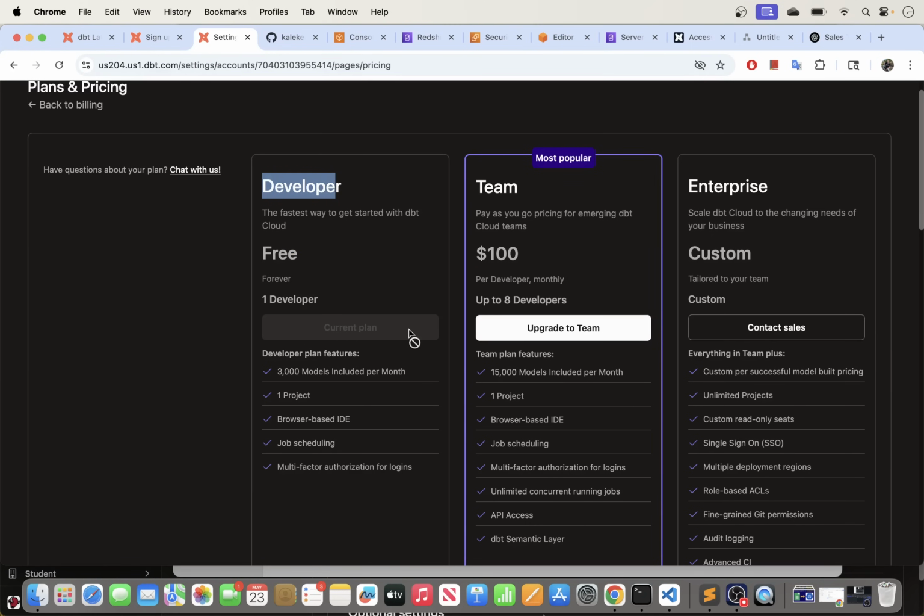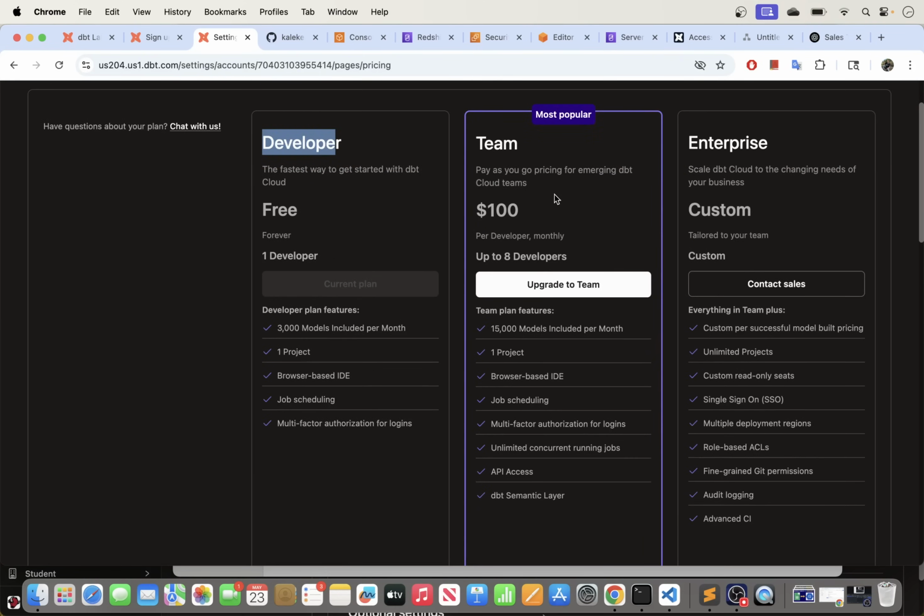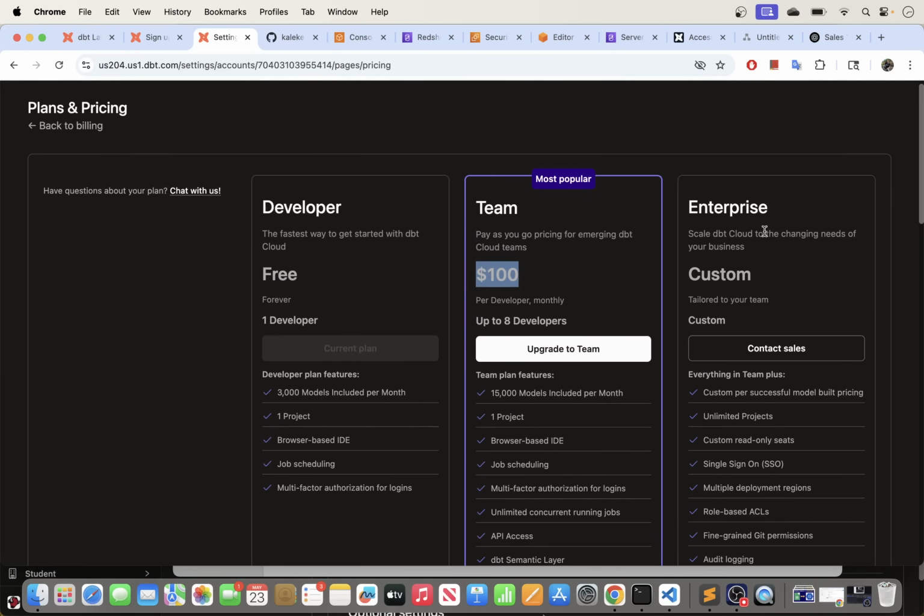Now if you want to use this for your team, then what you'd like to do is check if the team one is available for you. I don't know if it mentions here the number of seats, but this one will give you, oh yeah, up to 8 developers, right? So this one gives you up to 8 folks in your team to use, and this is the price here, $100 a month. Or you can go with the enterprise version, and I don't think this one has any limit to the number of people that can use. So depending on which one you want to go with, these are the options available for you